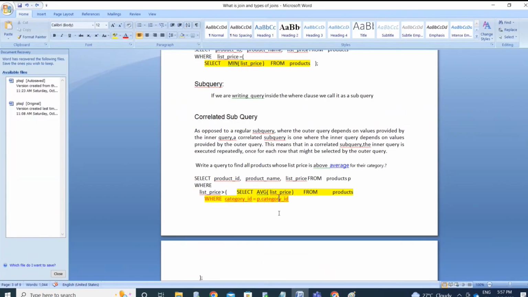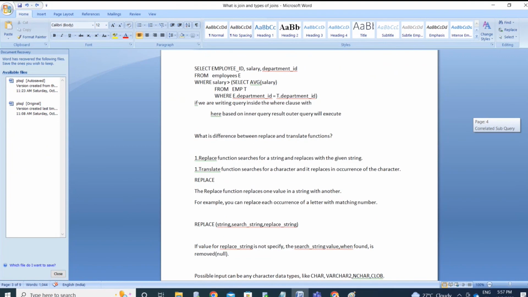And we'll see some other things. What is the difference between the replace and translate functions? The replace function replaces values string-based, but the translate function replaces values character-based. The syntax looks like this: replace takes the string, search string, and replace string. Whereas in translate,